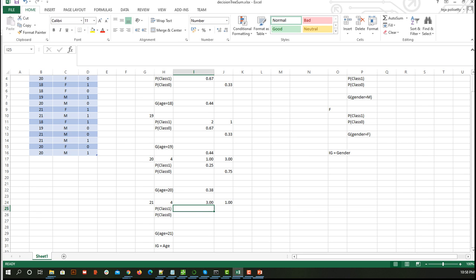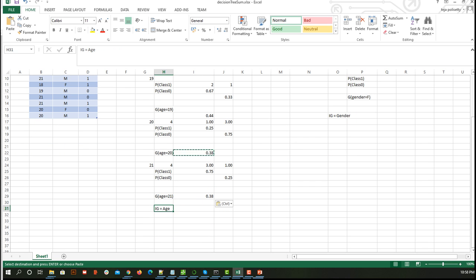So again I'm going to get similar values but in a different order. The probability of class 1 is 3 by 4 and the probability of class 0 is 1 by 4. Because we have done 0.75 and 0.25 previously, G of age 21 is going to be 0.38.